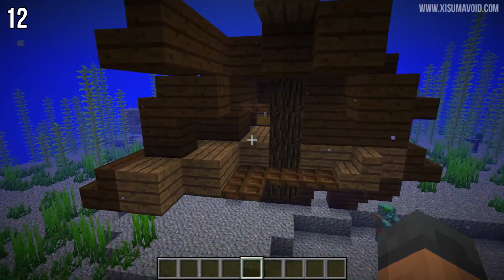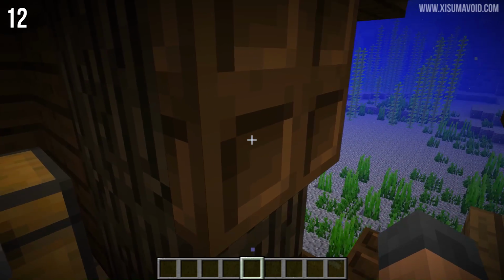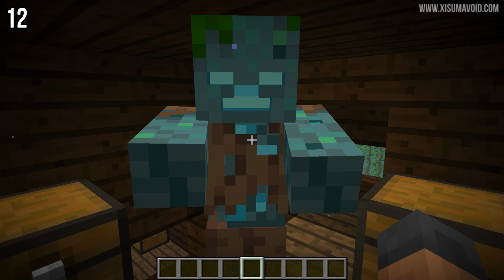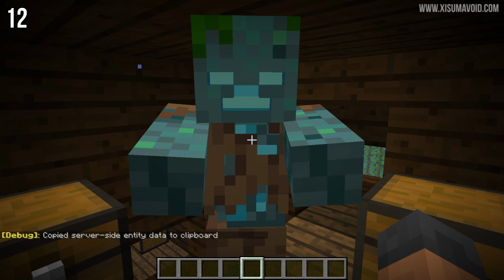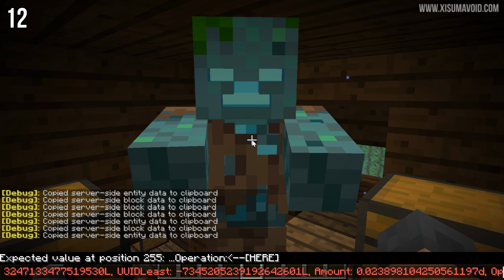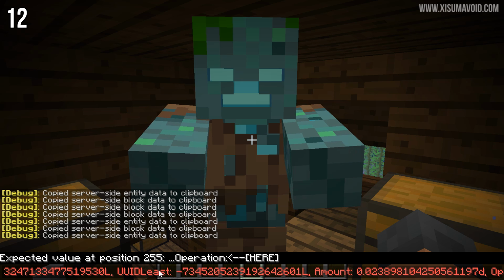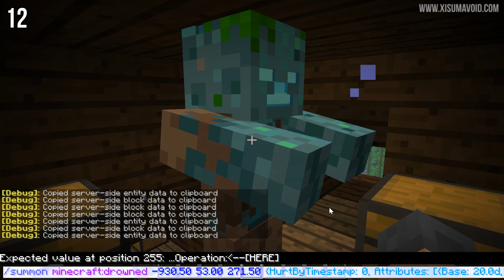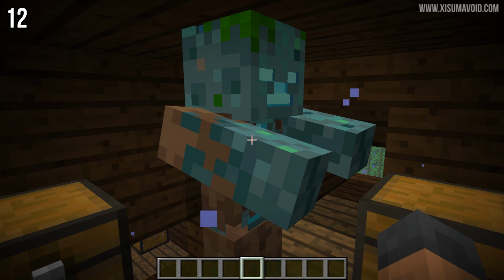This next secret feature is very powerful for players in creative mode. It will allow you to look at any block or entity in the world, press F3 and I, and then it will give you all of that information and put it on your clipboard. You can see all the statistics about the drowned right here. Now it puts it in the form of a summon command, so you can put that same drowned back into the world,